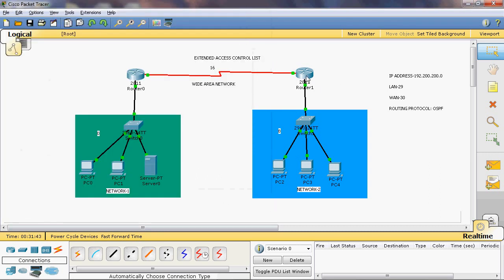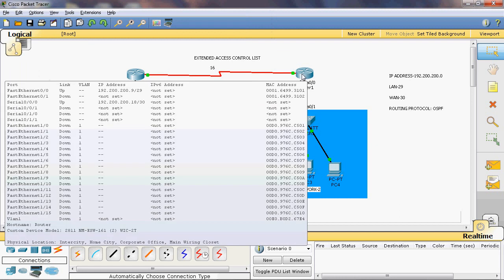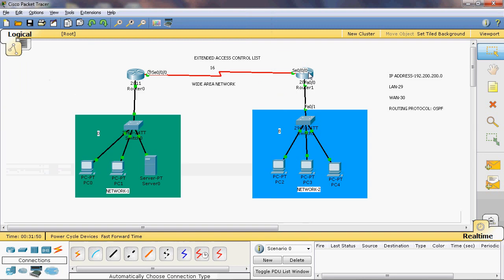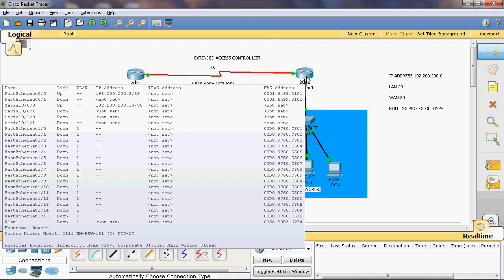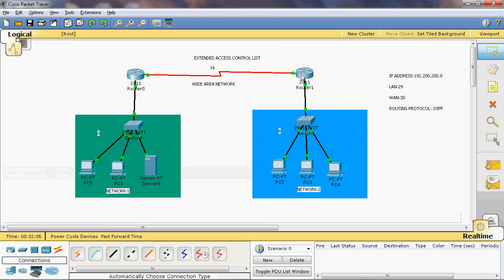Then we can apply inbound or outbound. Here we apply outbound. Outbound means going to that particular interface, serial 0/0/0, so we give outbound. All the packets received at router 1 then have the condition checked. If the condition matches, it is denied.